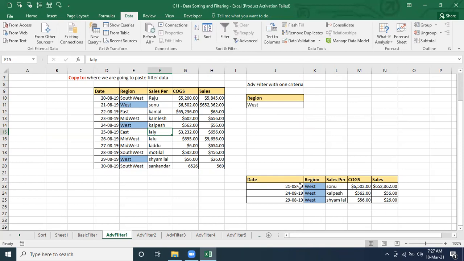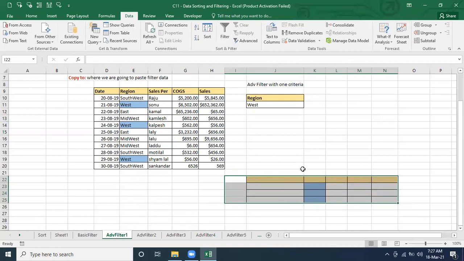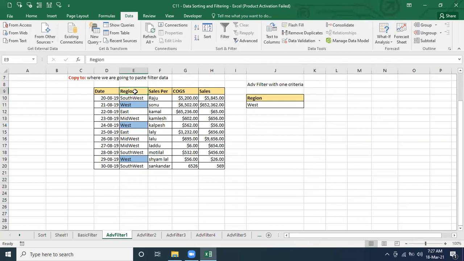One thing you should take care of if you are going to do this. Make sure that you select with the column heading first. And second, whatever column heading is there, you have to specify that column heading here also.